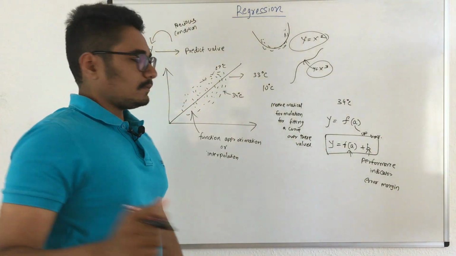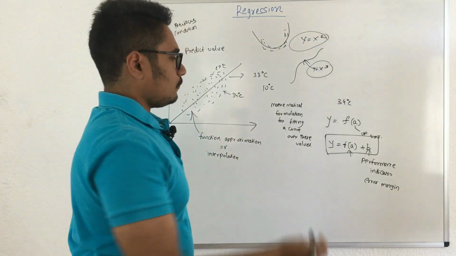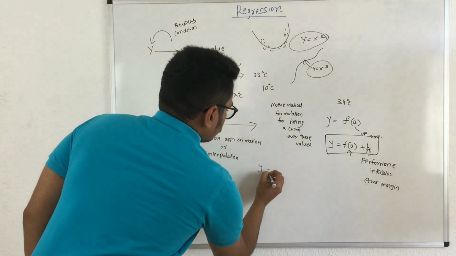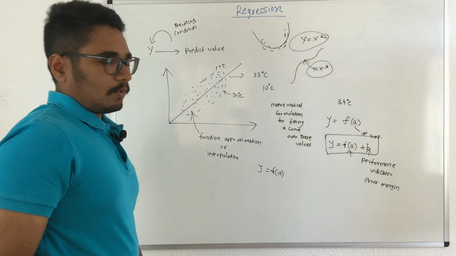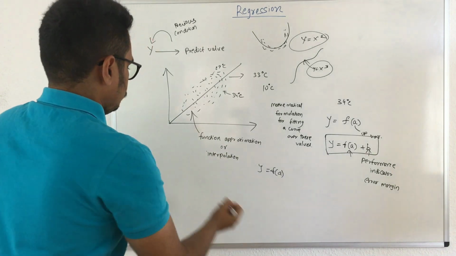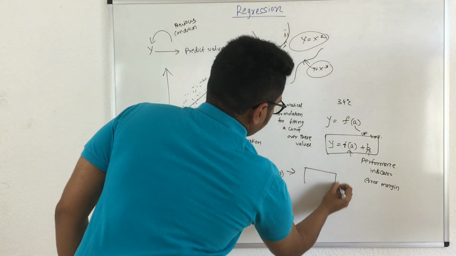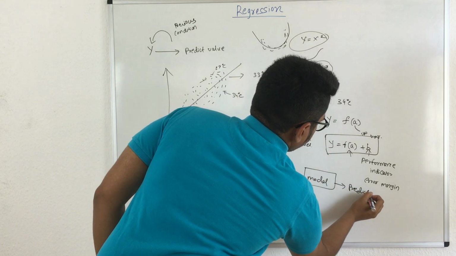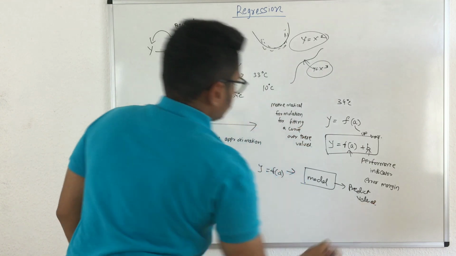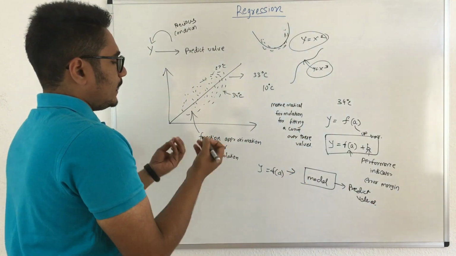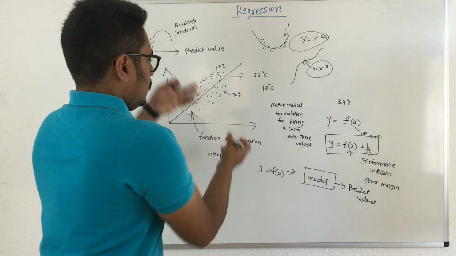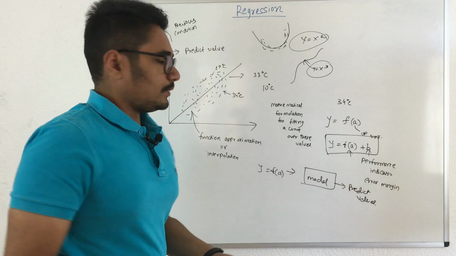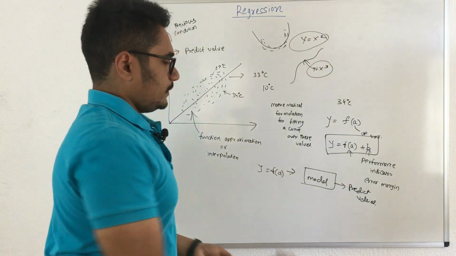Now the main question is why we need to do the function approximation, or what is the need for you to do the function approximation. Say for example, you have this function. So in regression, when you input into a model, you have this regression function, and you try to predict some values. Now just consider the scenario if your function does not consist of all of the points but only a few of the points. So what you will get as an output is less predicted values, meaning your prediction power is not that strong.